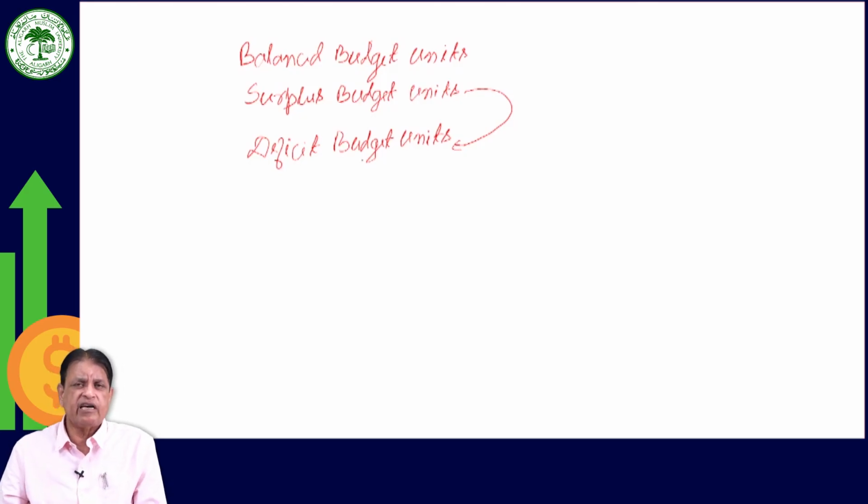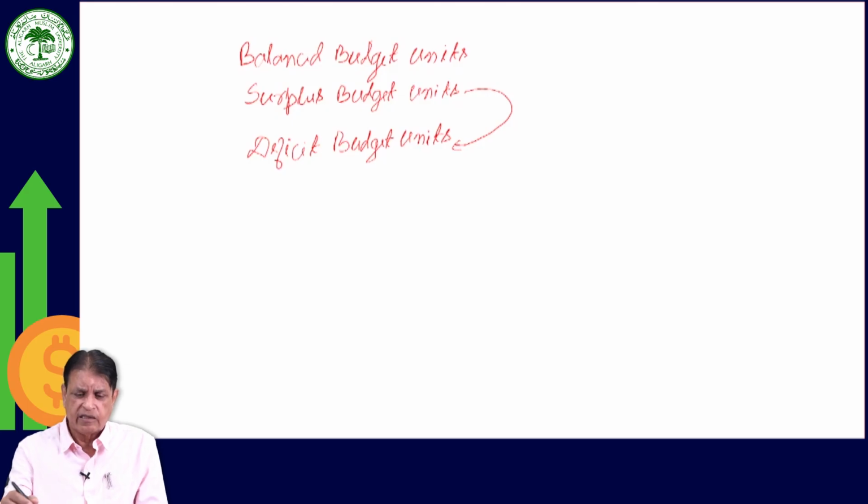So how can you say ultimate lender or ultimate borrower? Ultimate lenders are those lenders who are not only the lender, but they are also the owner of the fund. So this fund is owned by the surplus budget units. And the deficit budget units are ultimate borrowers because they are not only borrowers, but they are also the users of the funds, that they are borrowing it to invest it and to use it. So they are the ultimate user of the funds.